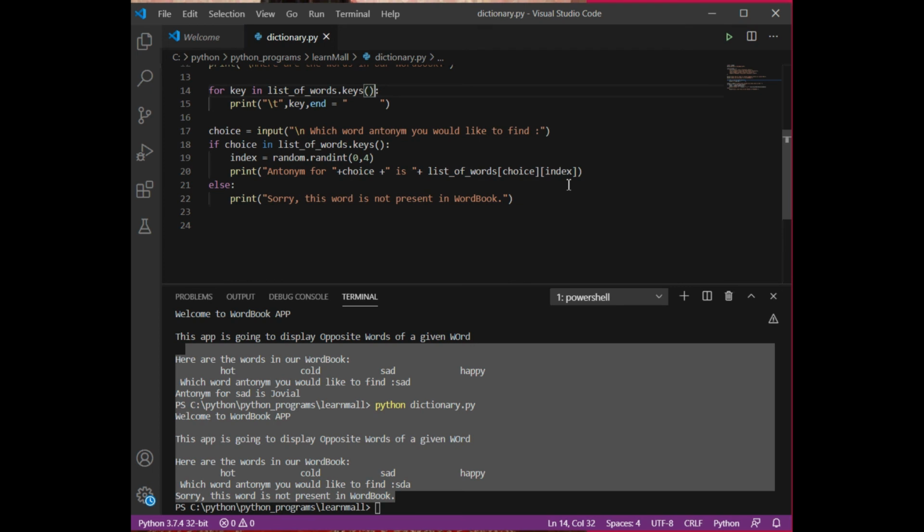What happens in that case? Each key is going to have only one value. Actually, we may need a list, because one word can have more than one meaning. But in that case you need not use the random function, and you can apply a loop, because sometimes if I am asking for the meaning of a word, I am asking for all the three or four meanings present in the dictionary. So that is your programming, how you are going to change this program according to your requirement. You can enhance the functionality of every given program.